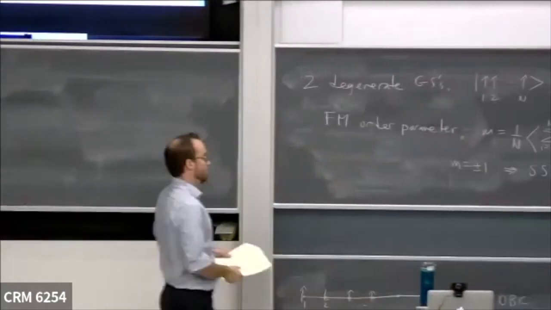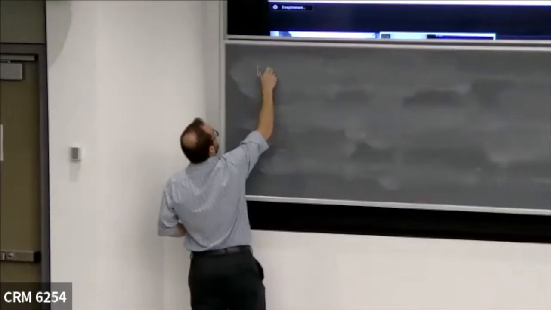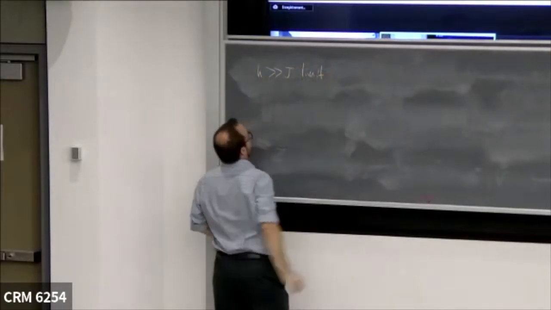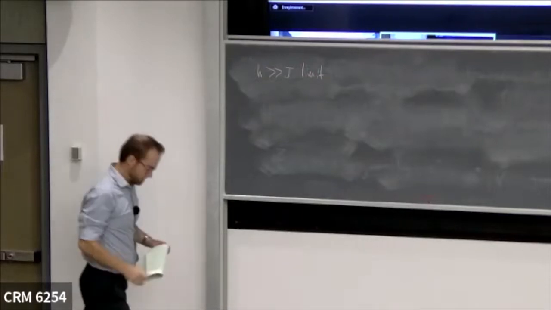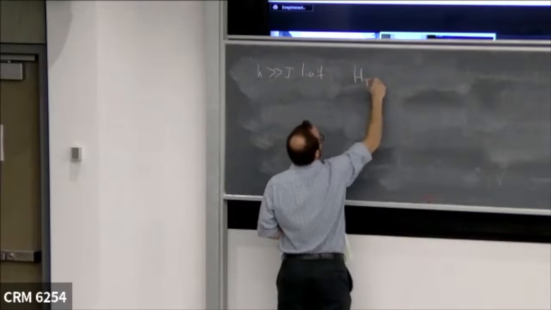This is well and good. This is the large J limit. We look at the opposite limit where the dominant coupling is this transverse field. Then again, the Hamiltonian simplifies. We can just look at